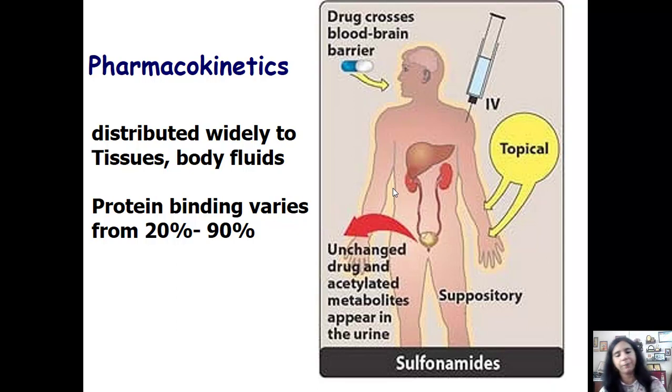There are other drugs also which are acetylated in the body. For example, isoniazid, dapsone, procainamide. These are all the drugs whose metabolism will be affected by the presence of the enzyme N-acetyltransferase, which might be more in some individuals and less in some individuals, making them extensive or rapid metabolizers, or poor or slow metabolizers of the drug. Students, they have a good protein binding capacity from 20 to 90%, so much so they could be responsible for some plasma protein binding displacement interactions.